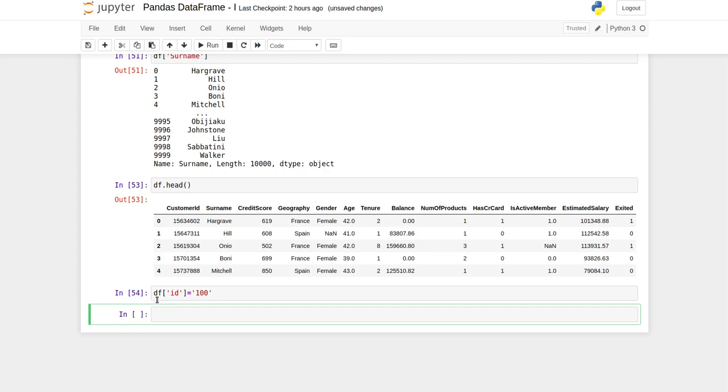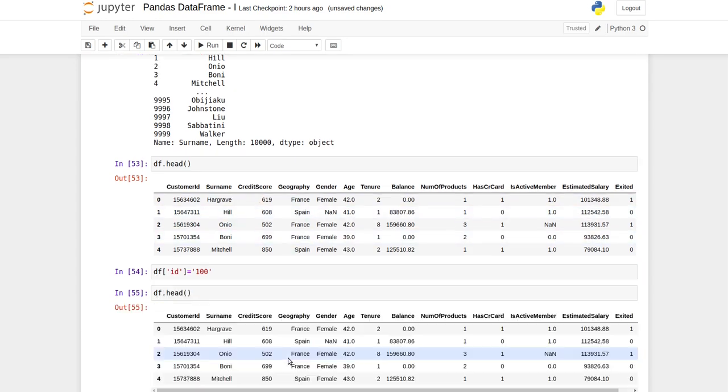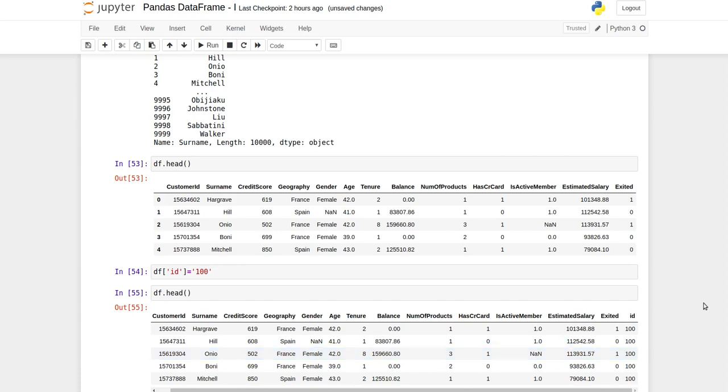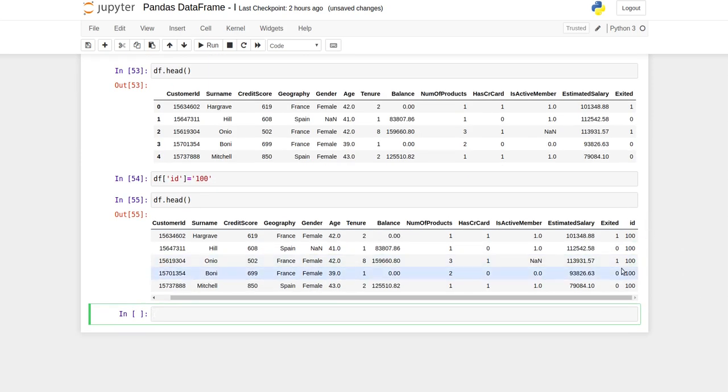So now id is added to my data frame, and if we check the data frame now, at the end of the data frame, the last column is id, and it contains 100 values.